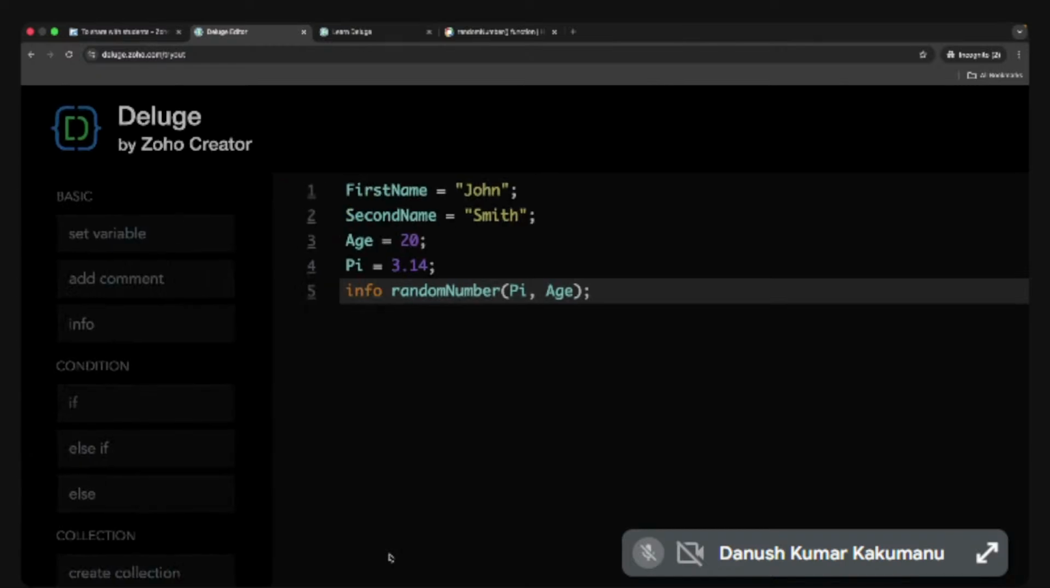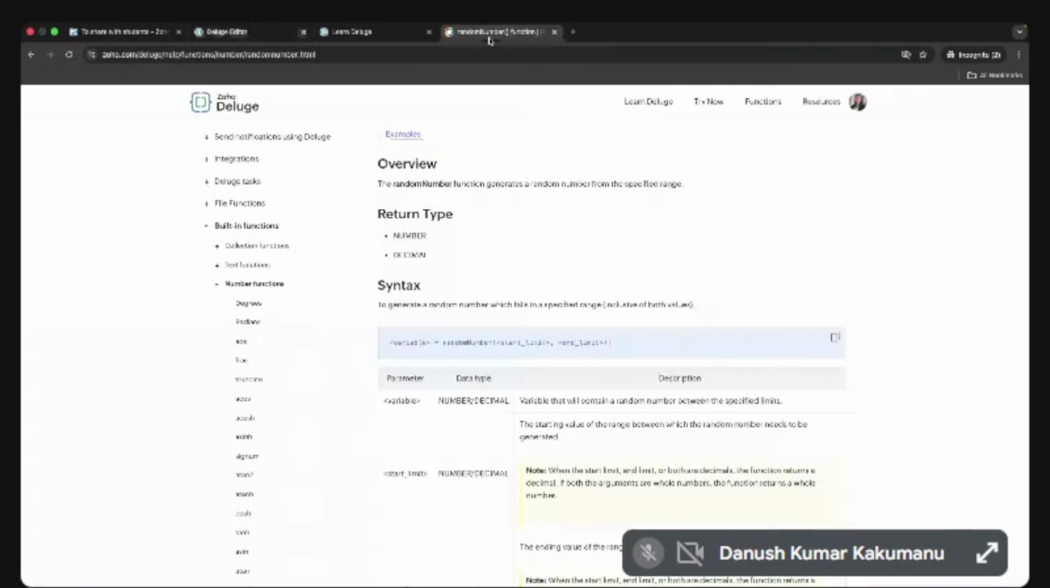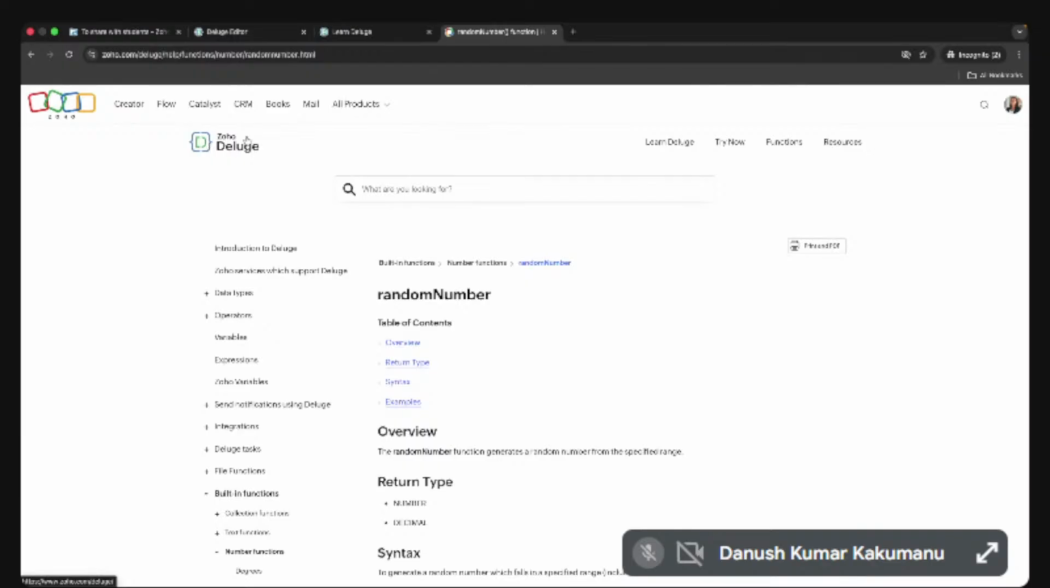Okay. So random number will take two numbers, start range and end range, and will provide a random number within that range. Okay. So if you want to refer to the help documentation, you can refer to this page